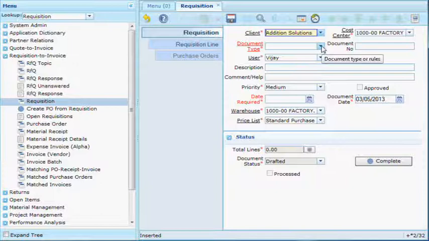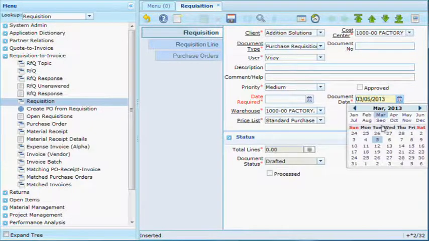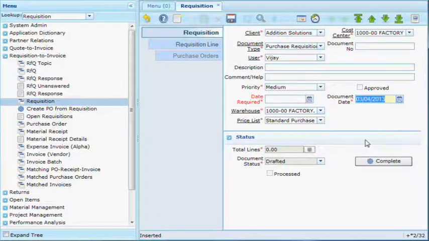Select the document type, purchase requisition. Now select the date, document date, say 4th of March.